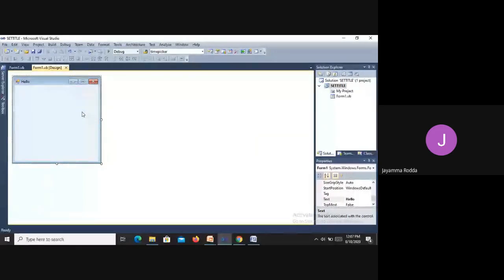So here, what are we doing? Sometimes we have to display the position of the form. What is the position in the window? It is displayed on the left top corner. Okay, this is the initial position of the form. So you can set the start position property of the form either at design time or runtime, like we have done for the text property of the form.